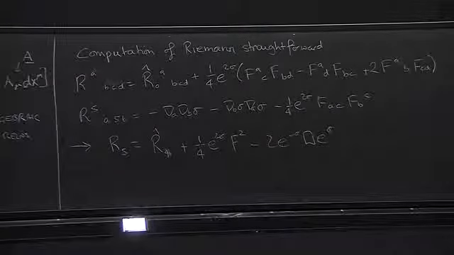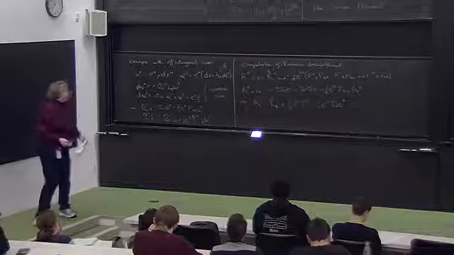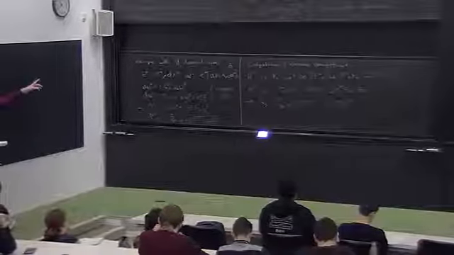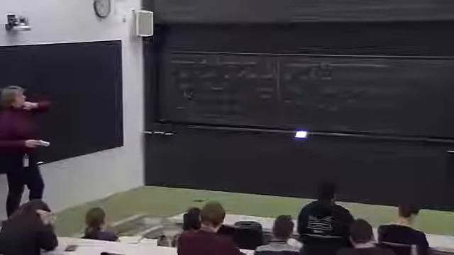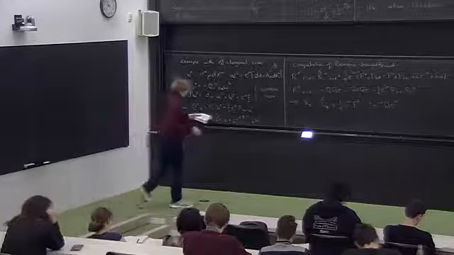Then F squared, so that's like the Maxwell piece. And then we have a piece that I've recast in terms of what will end up being a total derivative. So we put down what the square root of G5 was. So together, our Einstein action